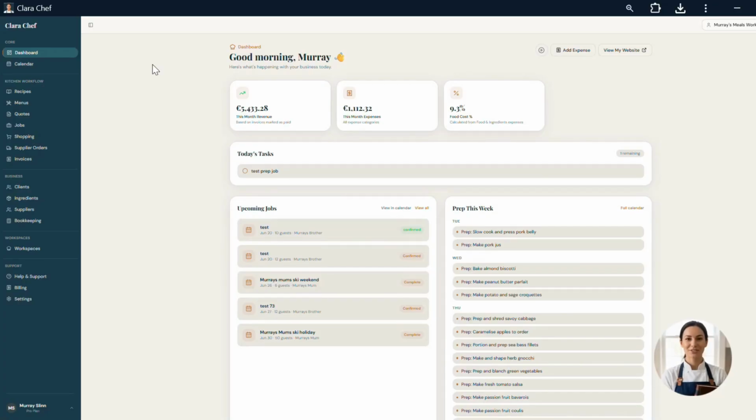Welcome to your dashboard. This is an overview of everything that's going on in your business. It's a fairly straightforward page. At the top here, there's a quick link to add an expense if you need to do that. We've talked about that in other videos. You can also view your website by clicking here, and there's an overall monthly revenue, monthly expenses, and food cost